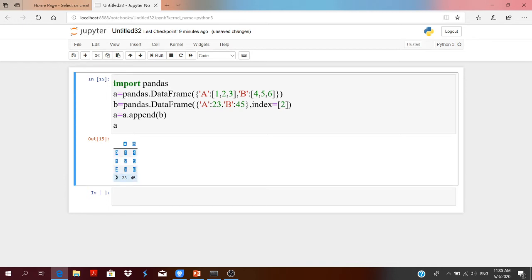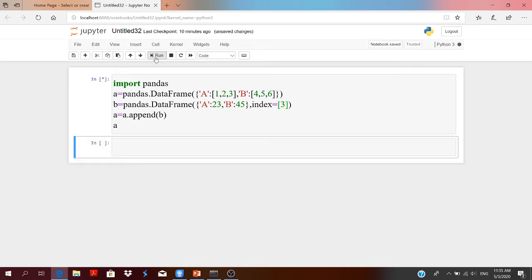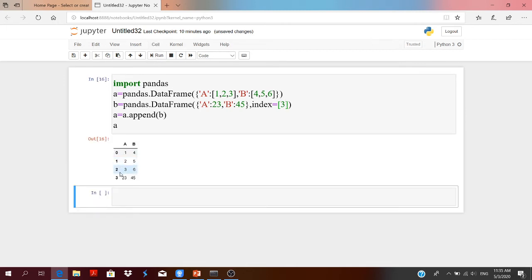Now by using the append function, another row has been inserted in the first data frame A. You can also change the index of B from 0 to 3. Then when you run this, it will give you 0, 1, 2 and 3 as index values. At index value 3, another row has been added. In this way you can add as many rows as you want.